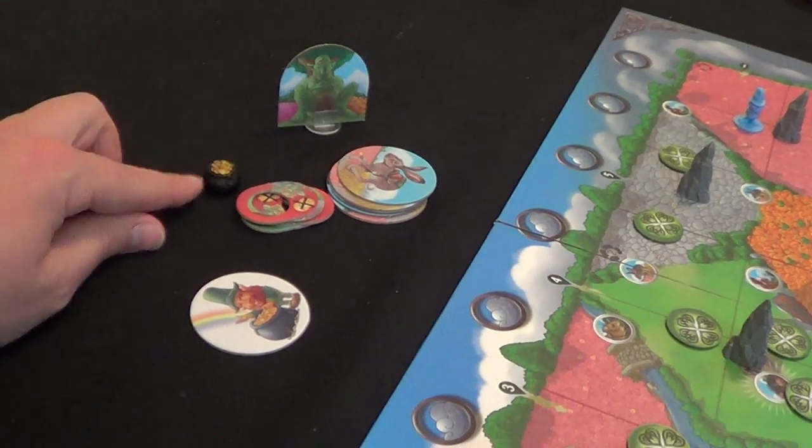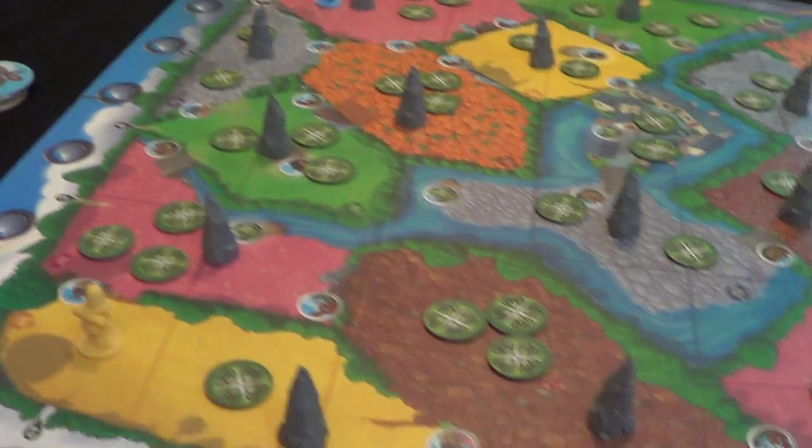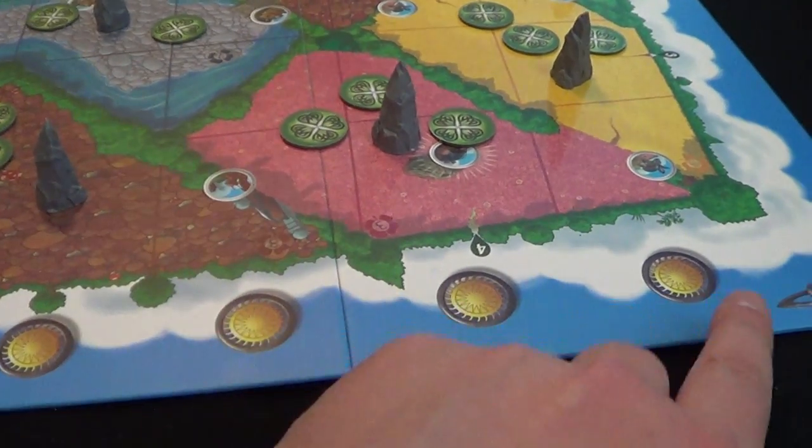Let's get the pot of gold out here so you guys can see it. See, that's the pot of gold. Oh, me lucky charms. So what I'm going to do is I'm going to place this somewhere in any of